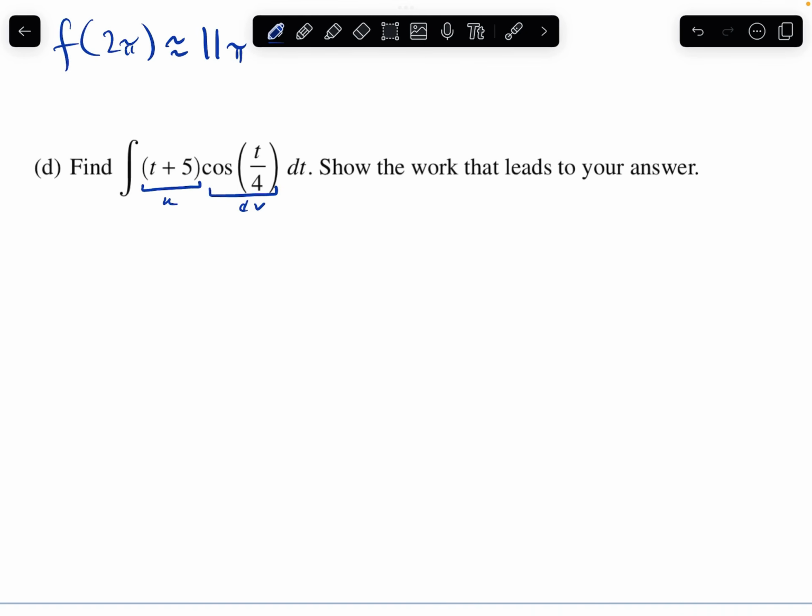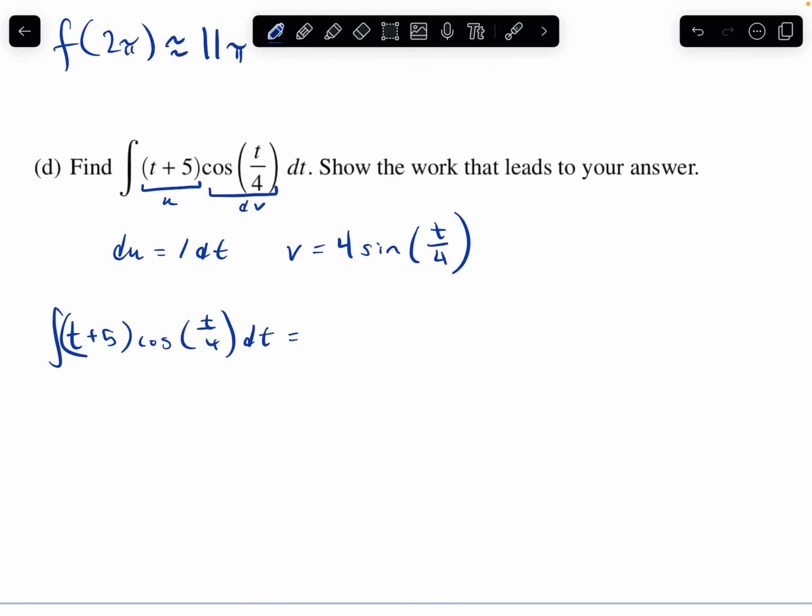right? So u is going to be what we are differentiating. So right underneath, I can say that du is equal to 1 dt. So the derivative of t plus 5 is 1 dt. And the integral of cosine of t over 4 is going to be 4 sine of t over 4. Just using kind of reverse chain rule here. Okay? So then we can say that what we're trying to find, the integral of (t + 5) cosine of t over 4